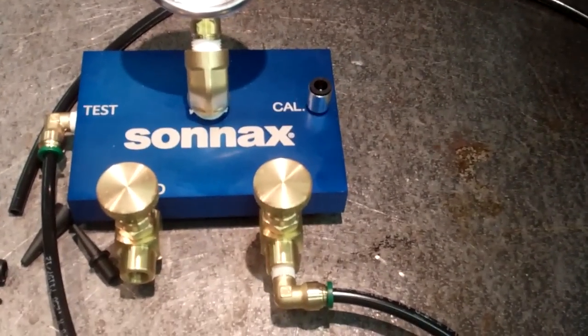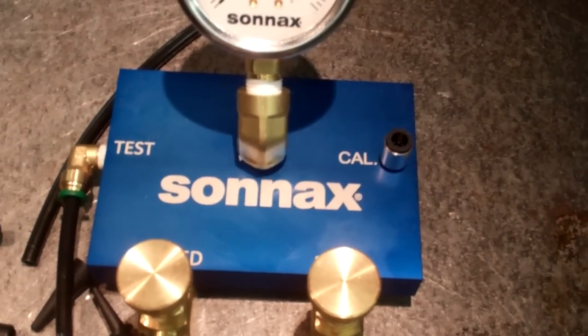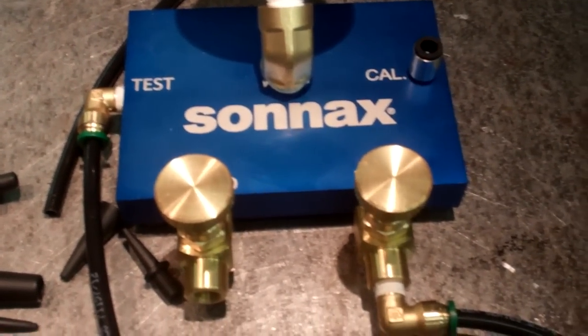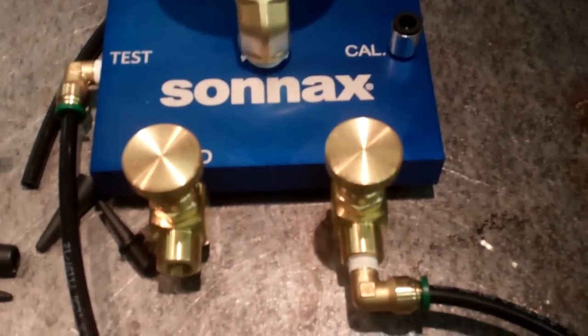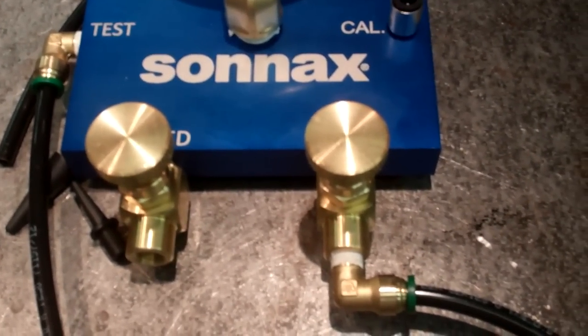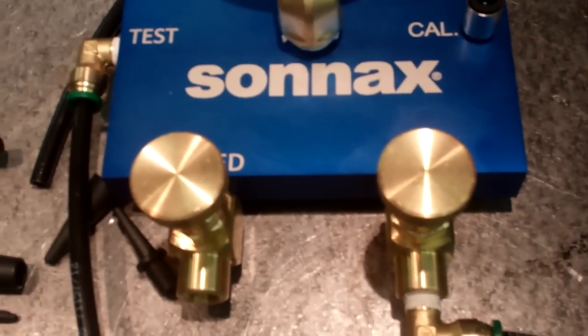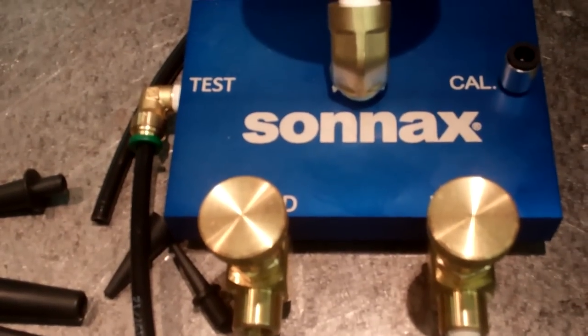Okay, gentlemen, I will show you the new vacuum setup I got from Sonnax. The little bit I know about it, it's very well made. It's very professional looking. In my opinion, it wouldn't pay to build one for the cost. It would probably cost you about the same, and it wouldn't be done as nicely, where it's a nice showing if you want to show a customer how you go about testing a valve body to ensure you're not replacing